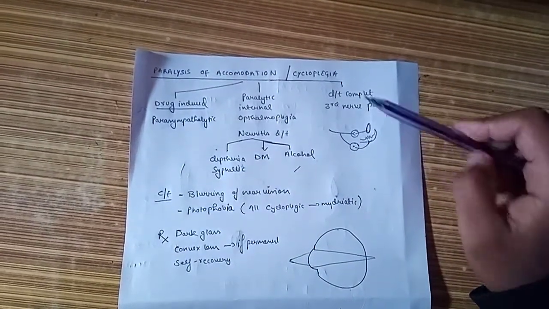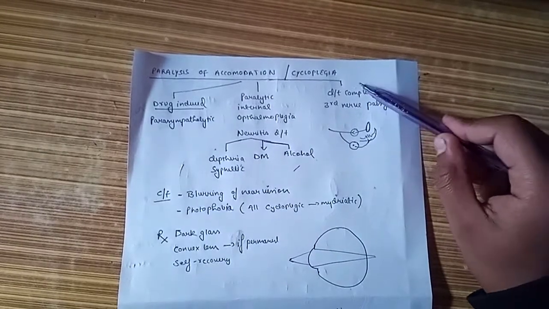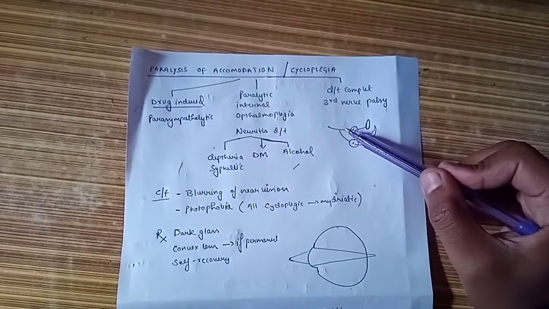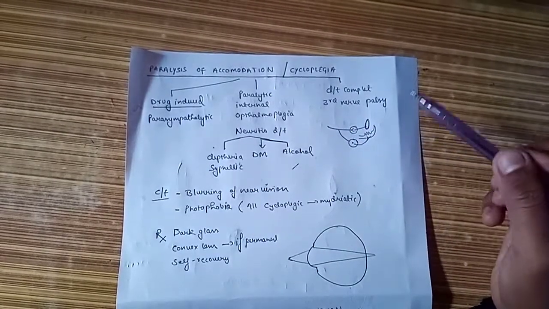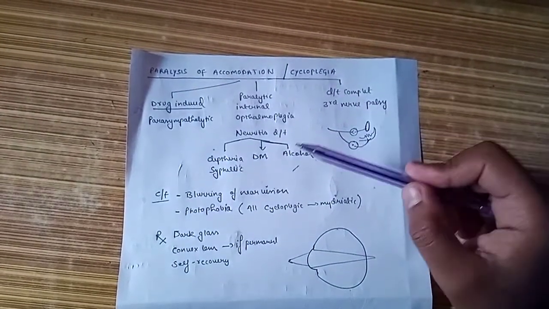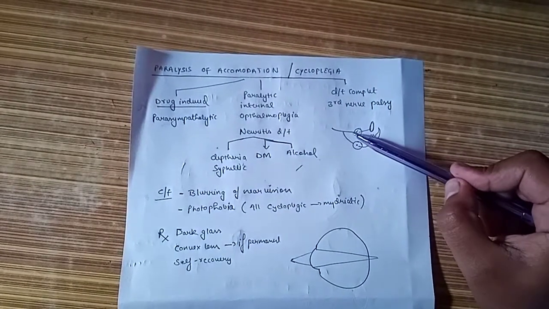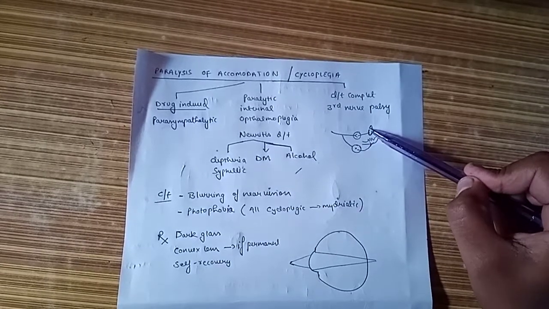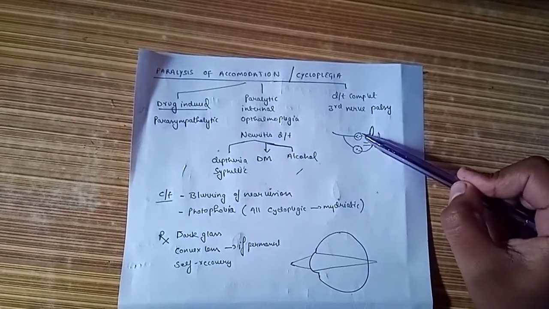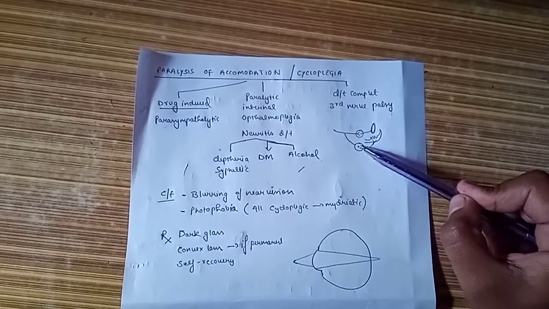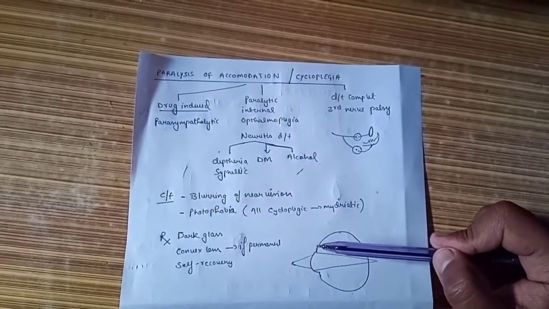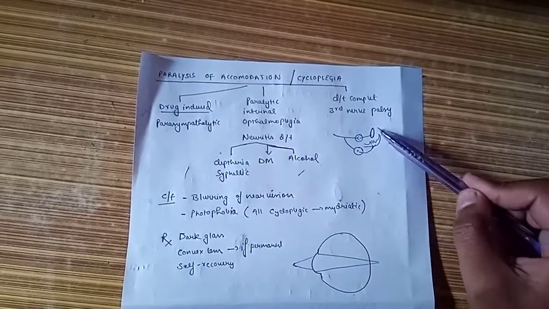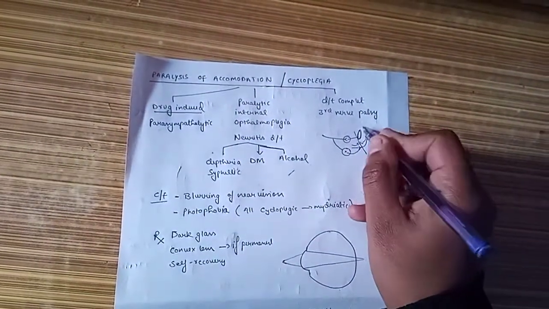The third cause for the similar condition, cycloplegia, is a complete third nerve palsy. As we know, the nerve to inferior oblique carries the parasympathetic fibers for our ciliary muscle and the sphincter pupillae. So this is our ciliary ganglion and the nerve to inferior oblique carrying the parasympathetic fibers going to our sphincter pupillae through the ciliary ganglion, and through the accessory ganglion to the ciliaris muscle. So, a complete third nerve palsy will lead to paralysis of both the sphincter pupillae and our ciliaris muscle, leading